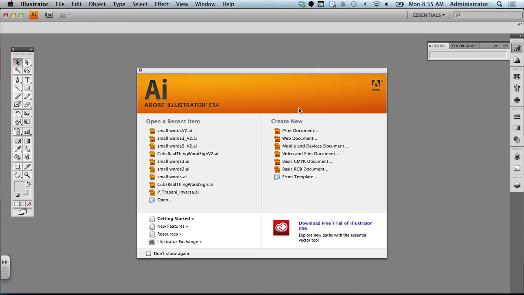a graphic designed item, and so the type of document you're going to create is actually a print document because laser cutting is similar to printing in the sense of size and resolution is important and is similar between the two. So I'm going to pick print document, and then in thinking about what type of document you're going to